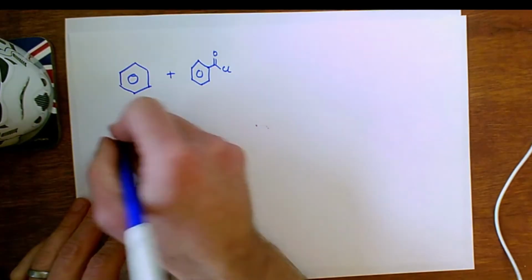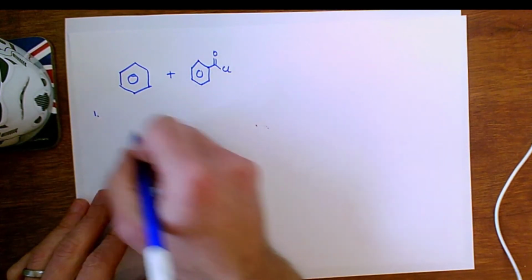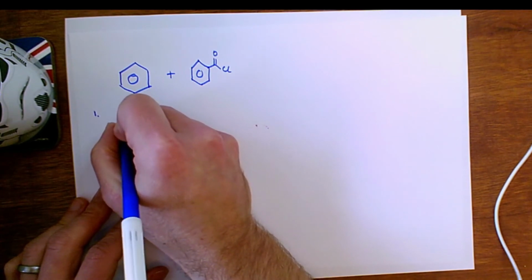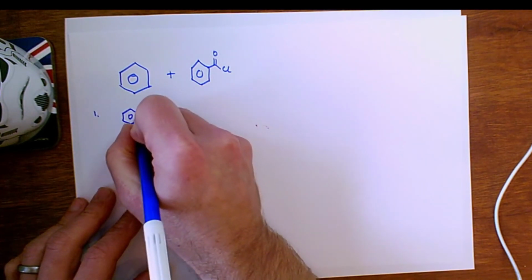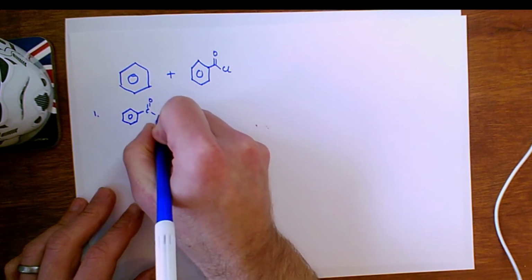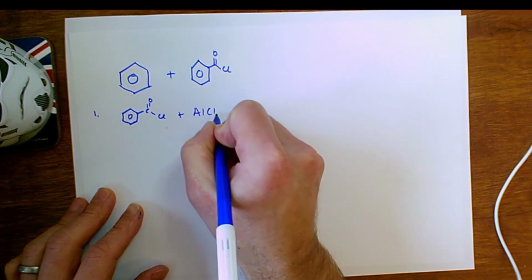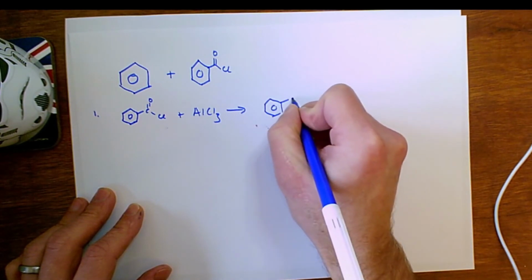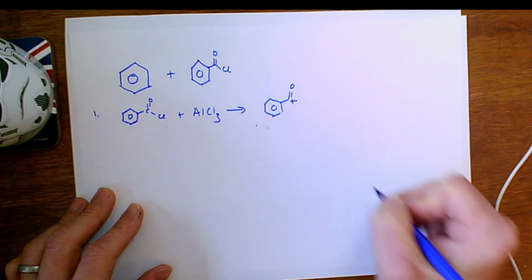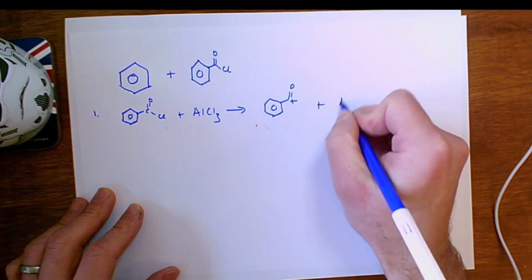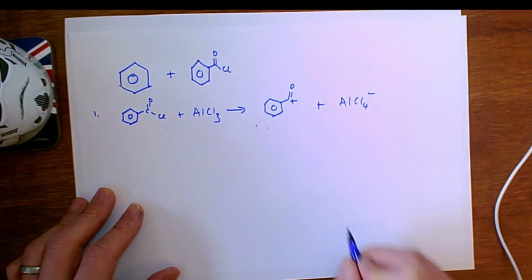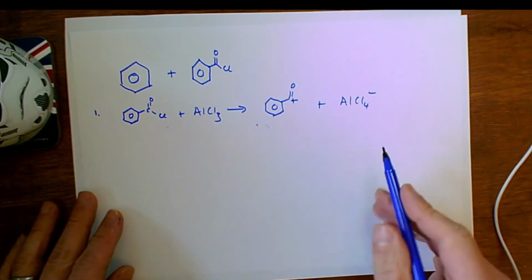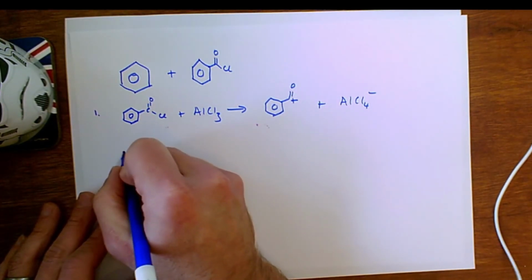So what do I need? I need my first part. I need to make my electrophile. So I'm going to take my acyl chloride. I'm going to react it with aluminium trichloride. This is going to produce my electrophile here, and my aluminium tetrachloride with a negative charge that I can't remember what I'm supposed to call it. Now I take my benzene,